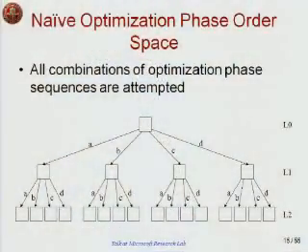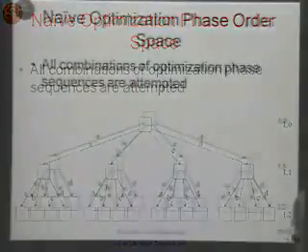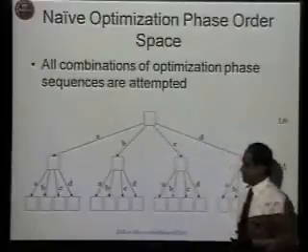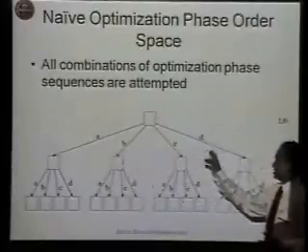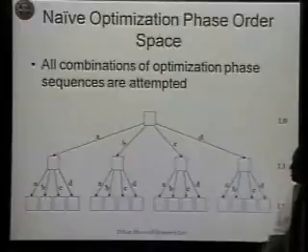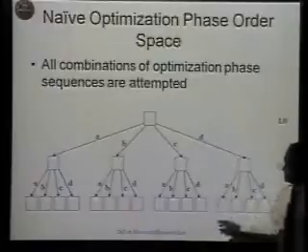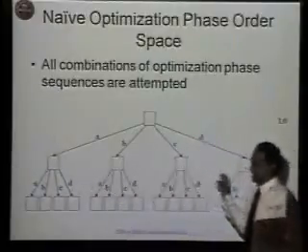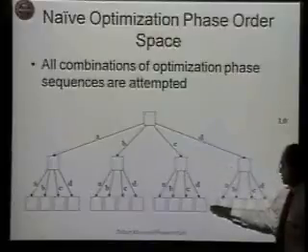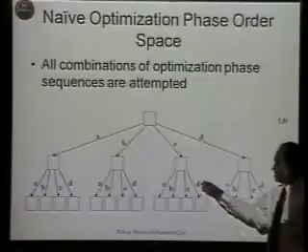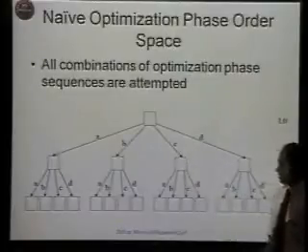So now we'll describe the actual algorithm that we go through. Again, we are concentrating on getting different function instances instead of getting different phase orderings. We start out at the unoptimized function instance at the root level. We then apply all the different optimization phases that are present in our compiler to this unoptimized function instance. Although we have 15 different phases, for illustration purposes I'm only showing 4 phases. Then we get new function instances at the next level. To get new function instances for each successive level, we again apply all the different optimization phases to all the distinct function instances that were present at the preceding level.